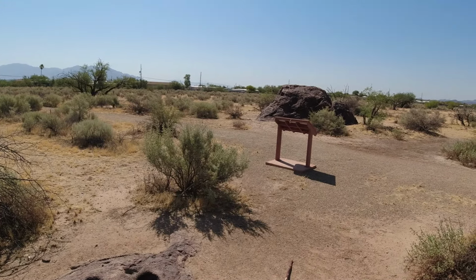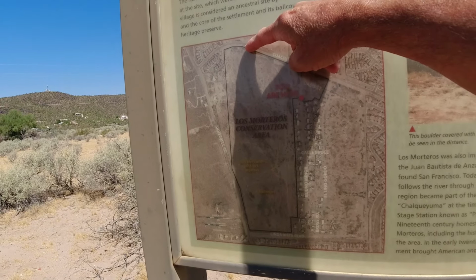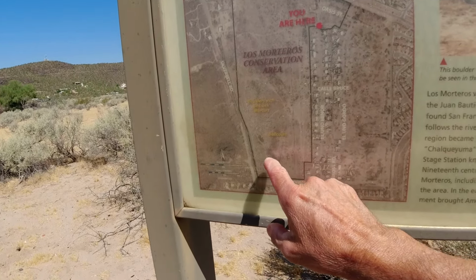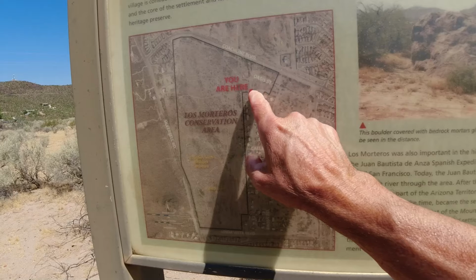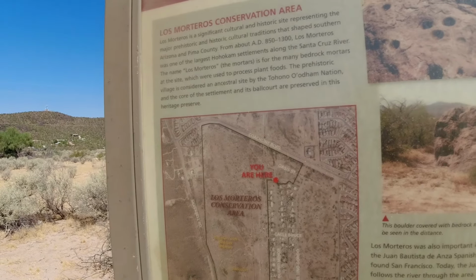So it's just another map. That's where I'm parked over here. I'm probably over here. And I walked all the way to here. Then I came this way. And now I'm over here, heading back that way. But